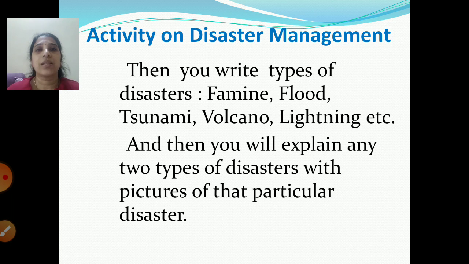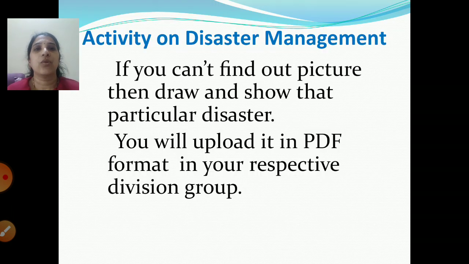Out of these, you can explain any 2 disasters of your choice, and you can stick pictures related to that disaster. If you cannot find pictures, then you can also draw that disaster. For example, if you are going to explain the disaster flood, you can show water, and the vehicles and trees underwater. Like this picture you can show. Again, you will upload this in PDF format in your respective division group.